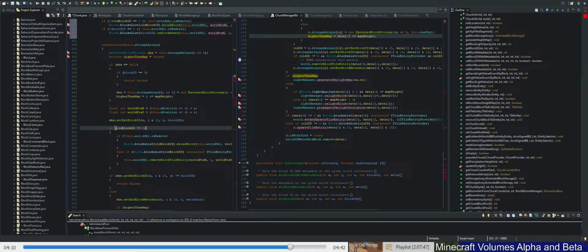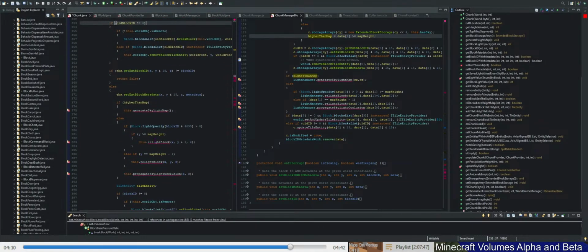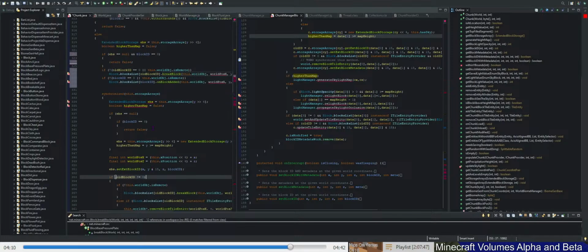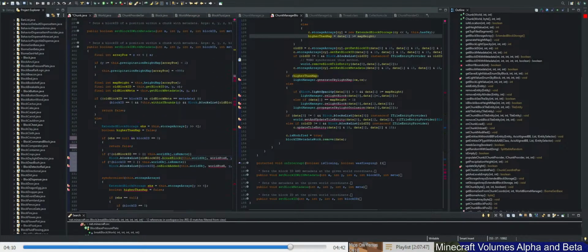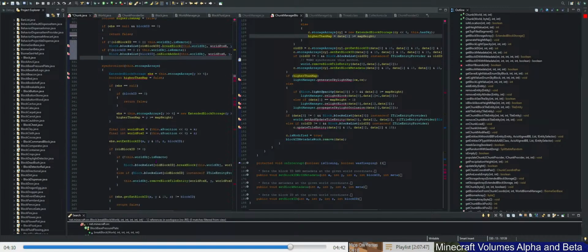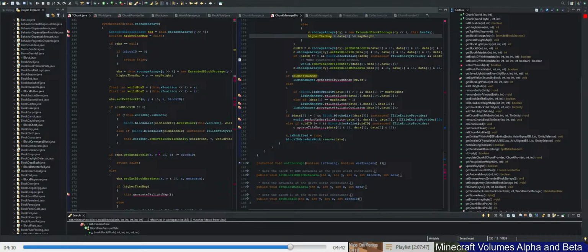If we're on the client, it is then going to set the block. Otherwise, the client is going to directly set the block on its own, and then no tile entity is going to change. However, I think